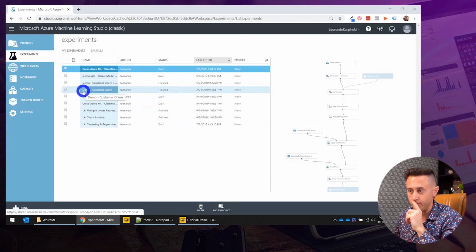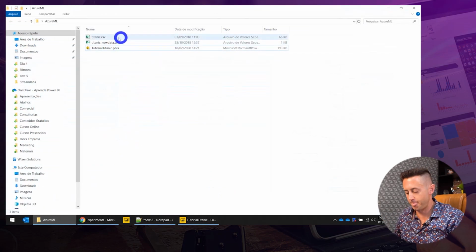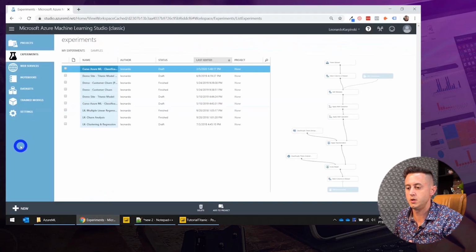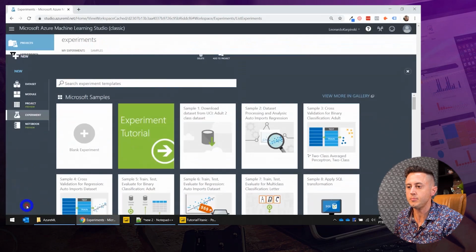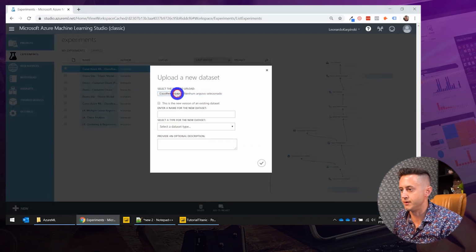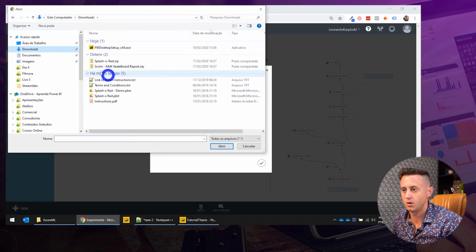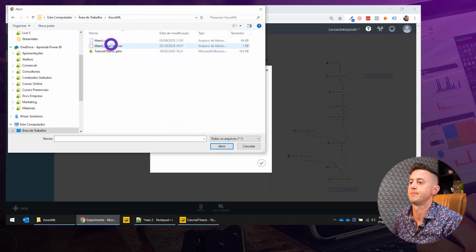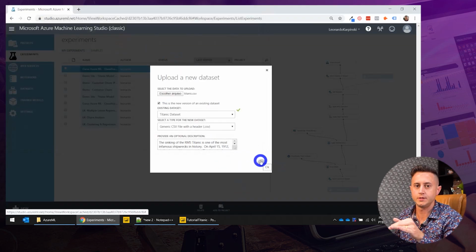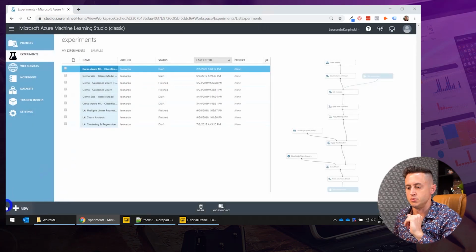So first of all, you have to import your data here. I have a CSV file like this, titanic.csv, that I will import here. So you go to New, Dataset, From local file, you choose the file here, Titanic, and then you click OK. I already have this file, so I'm going to skip this. Now let's go to New,